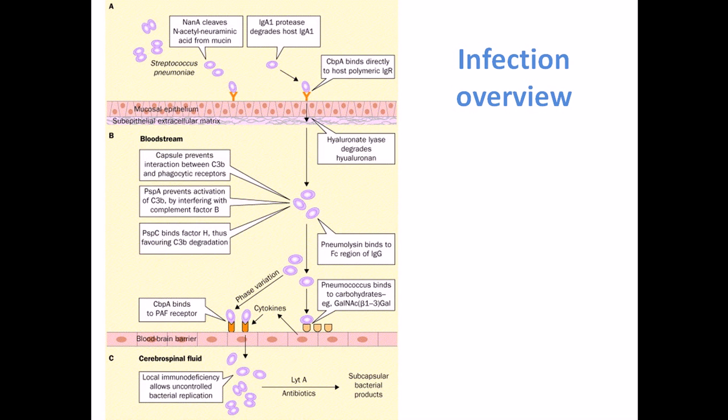Now if we enter into the third phase, when the bacteria crosses the blood-brain barrier, prior to reaching the blood-brain barrier it must adhere to the blood-brain barrier layer or epithelial cells. For attaching to those epithelial cells, they need to bind with carbohydrates like GalNAc. They need to produce CBPA proteins so that they can bind and pass through PAF receptors and finally come into the cerebrospinal fluid. Once they have successfully entered the cerebrospinal fluid,